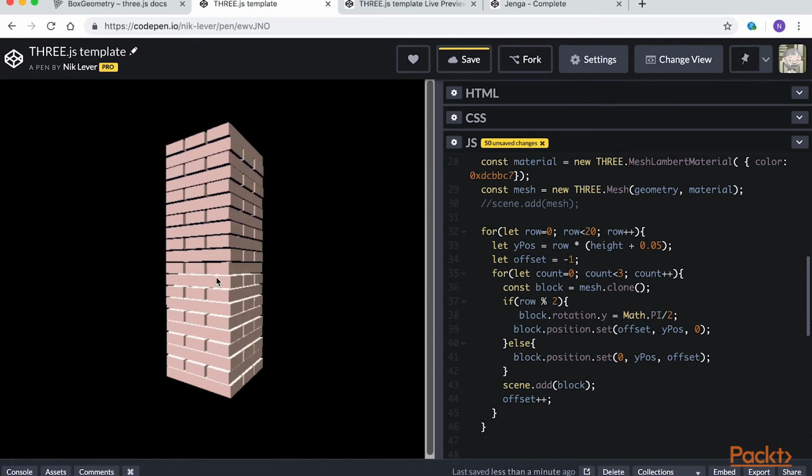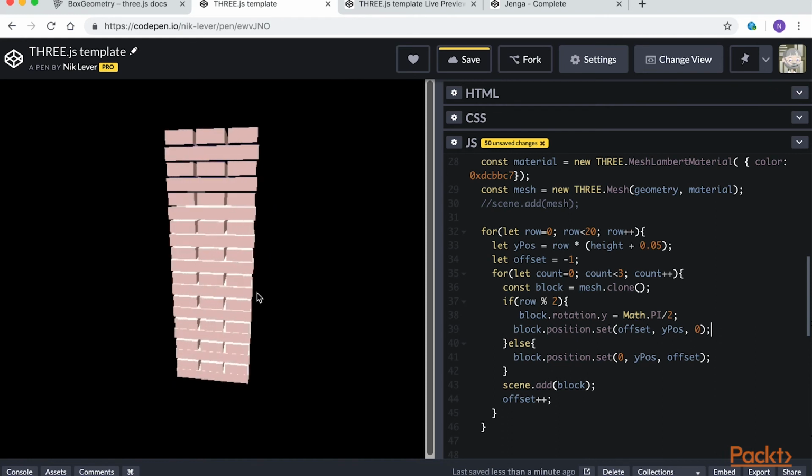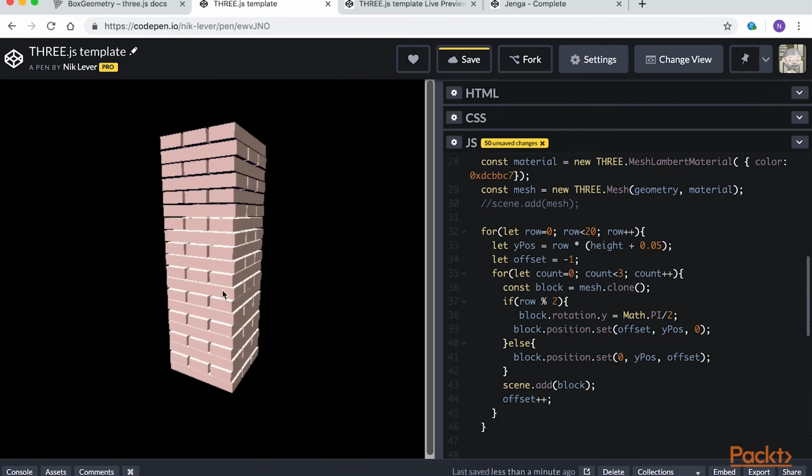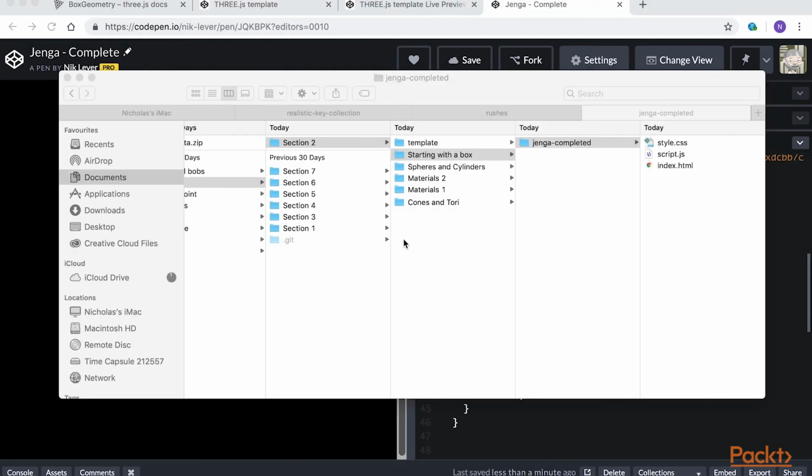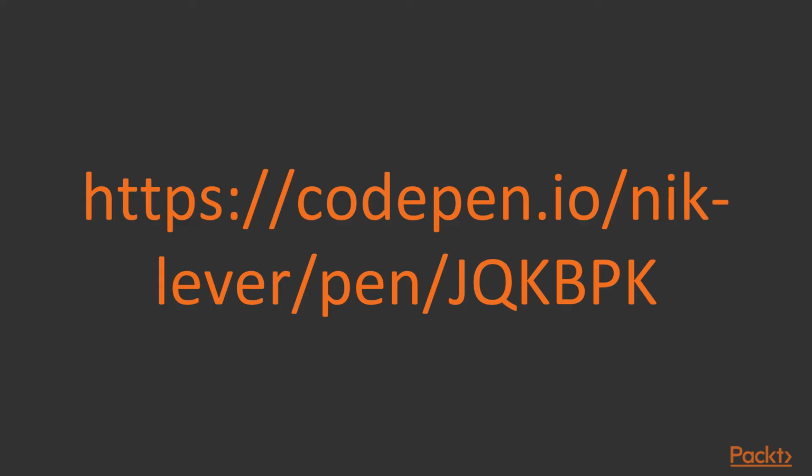I recommend you keep pausing the video and working along with the code. That way you're much more likely to remember the steps needed to really get to grips with this great library. A complete version is in the resources and on CodePen at this address. We talked briefly about materials in this video,